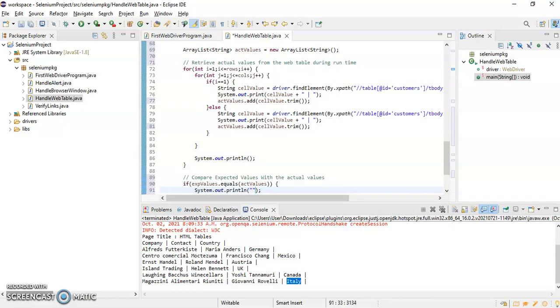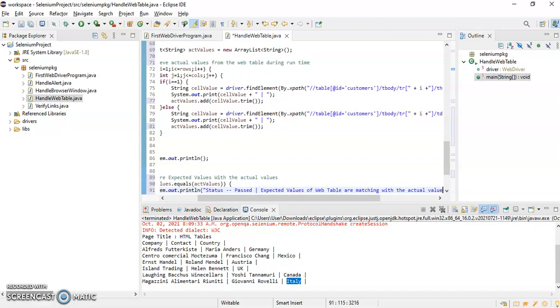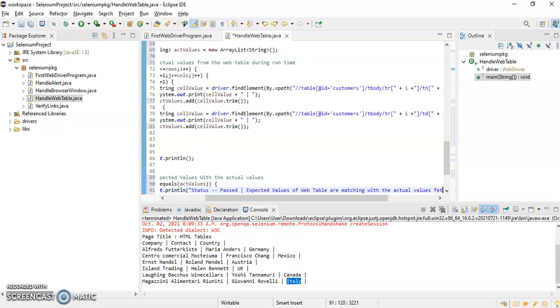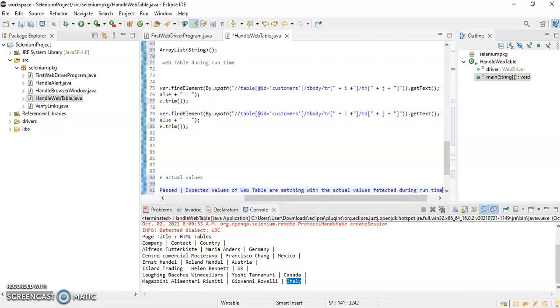I'll write the statement as: Status passed, expected values of web table are matching with the actual values fetched during runtime.